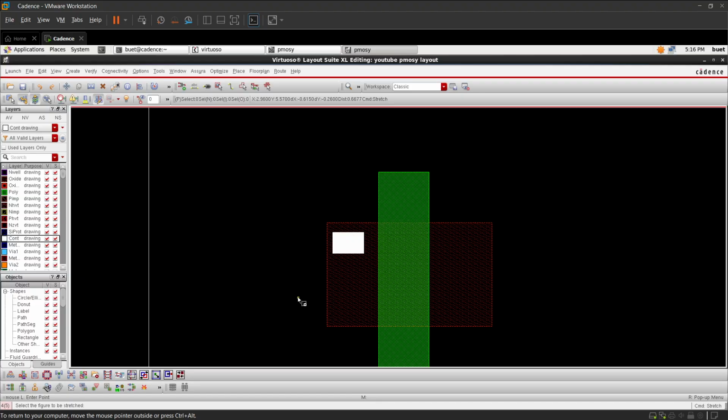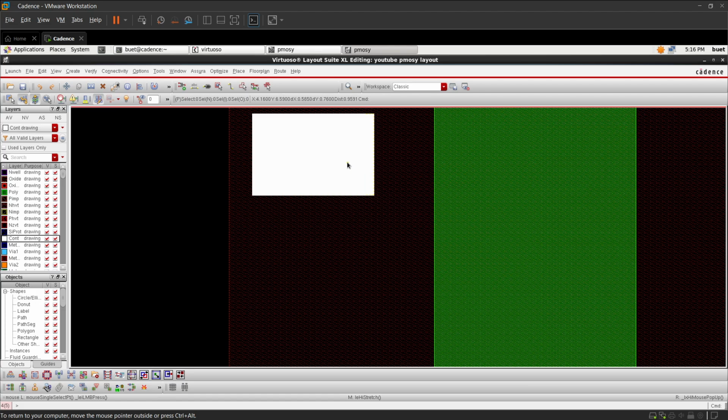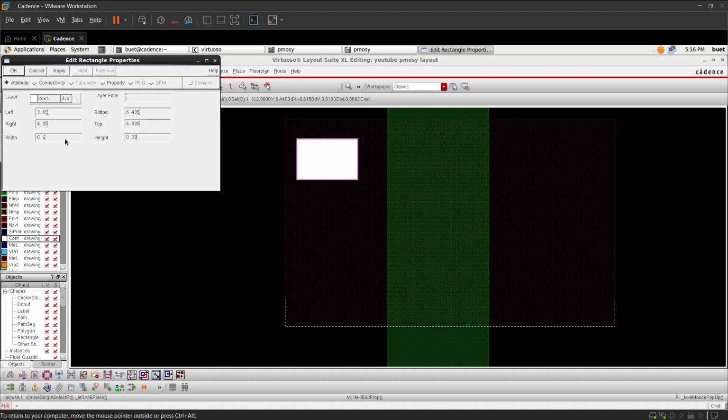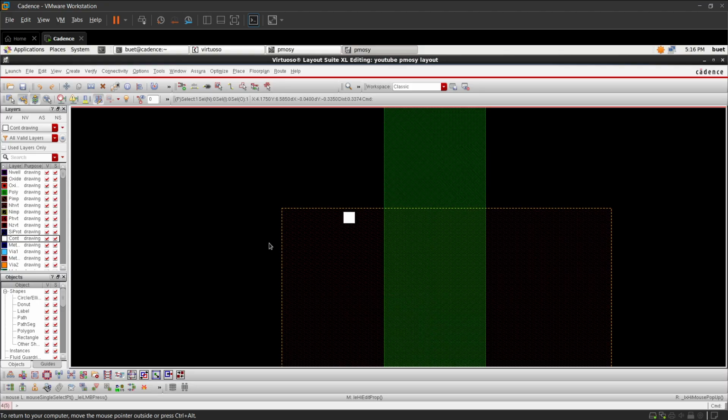So right now we are going to see the DRC using the Assura tool. Before that we are supposed to see what should be the contacts dimension. Press Q. Let's make it 0.1. If you want to see what the actual dimensions of your contacts should be, you have to go from a very tiny level. Just move it over here. Smooth. Okay, once you do that,